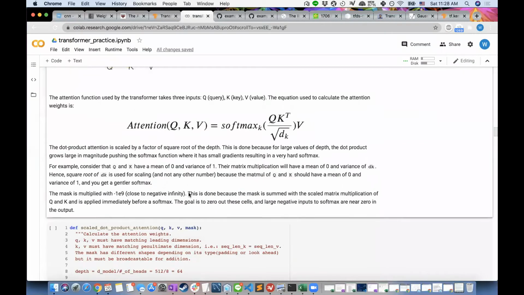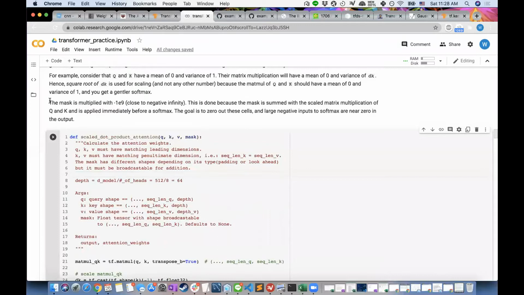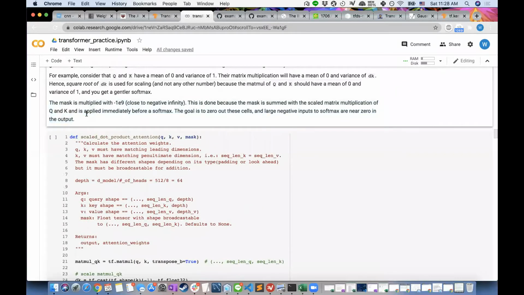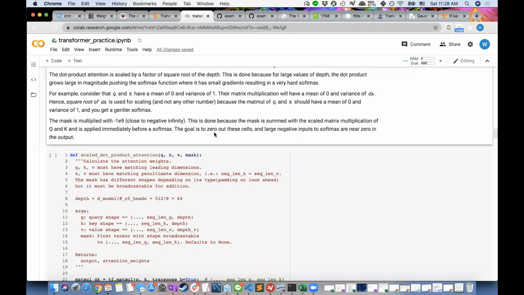So the way this is coded is you specify the Q, K, V as parameters, and you have the mask right here. Note that the mask is multiplied with -1e9, close to -infinity. This is done because the mask is summed with the scaled matrix multiplication of Q and K and is applied immediately before a softmax. The goal is to zero out these cells, and large negative inputs to softmax are near 0